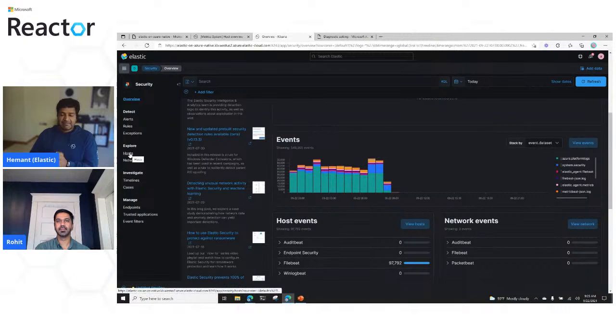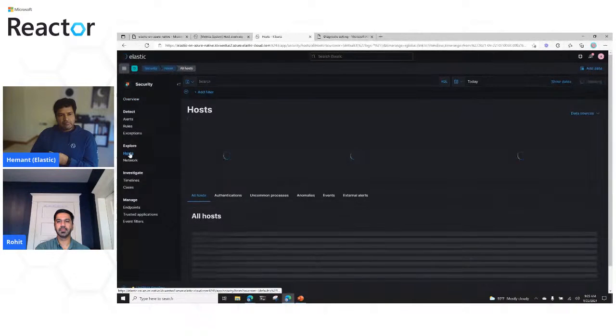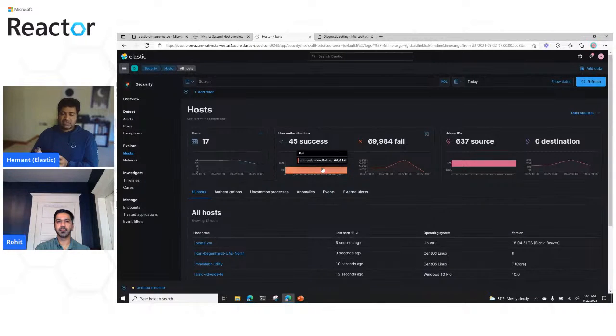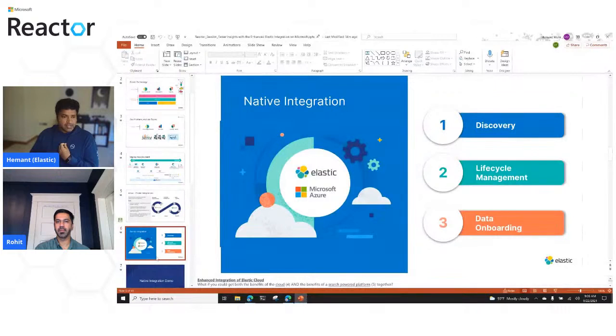So since I'm collecting logs from the virtual machines on Azure using the VM extension, I can quickly go to the host view and it will start showing me this view that's more tailored for security folks. So the same logs that I can leverage for observability and monitoring those virtual machines, this view provides a security analyst a quick view into how those 17 hosts have been doing. And obviously user authentications is something that always sits on top of mind, and that's why it sits on top of this view as well. So yeah, that's essentially what I wanted to cover in this demo.